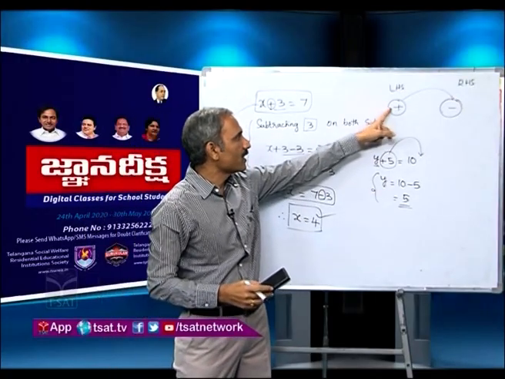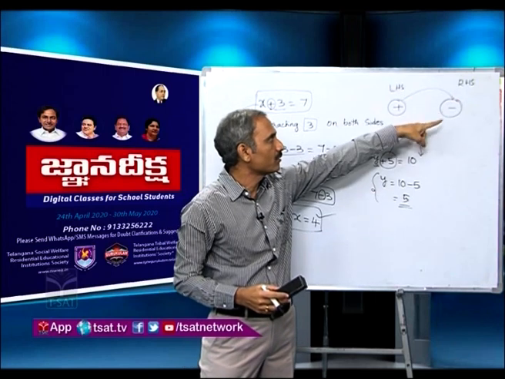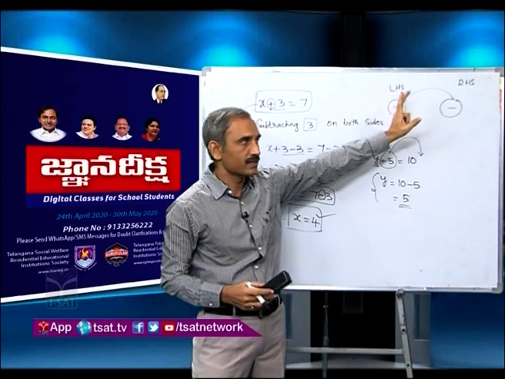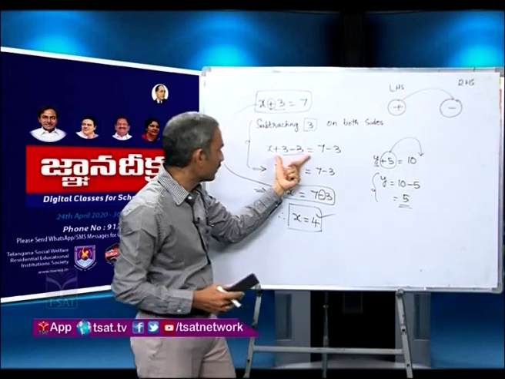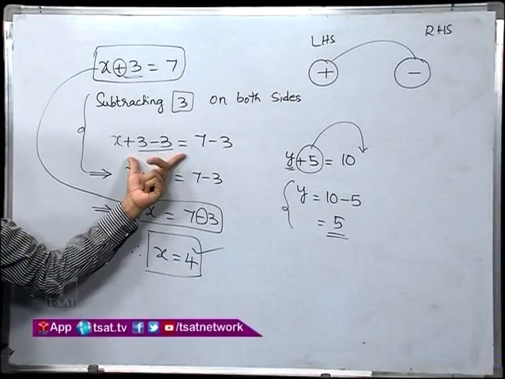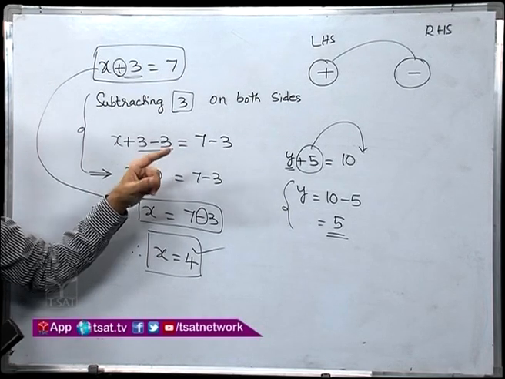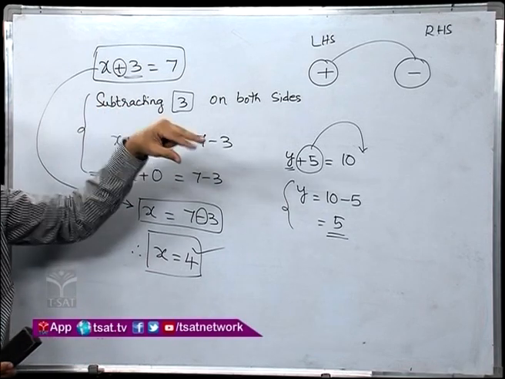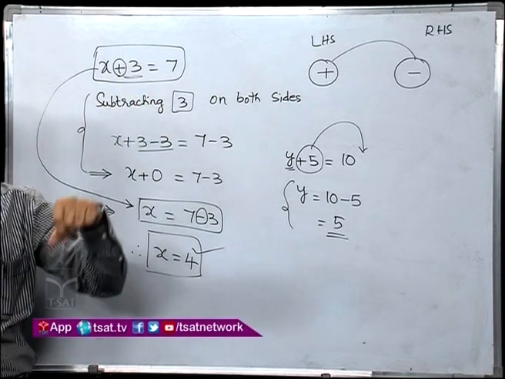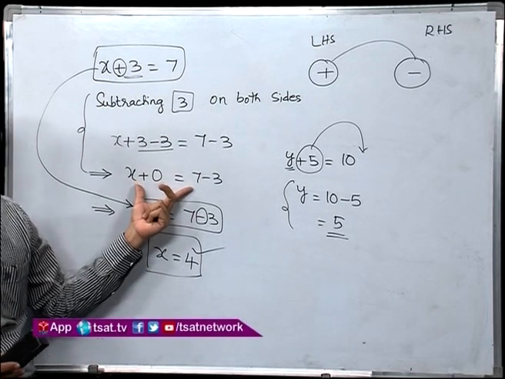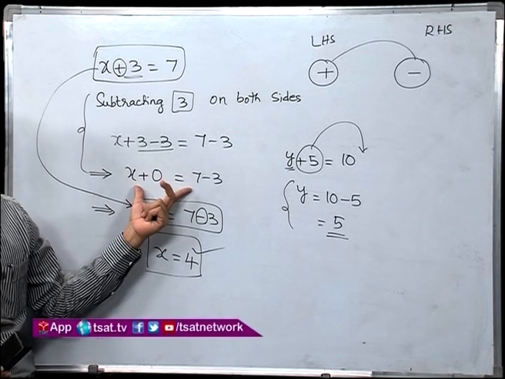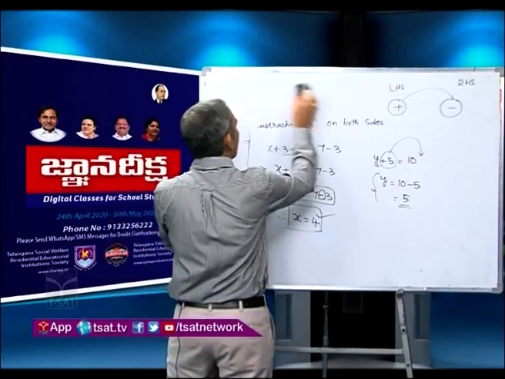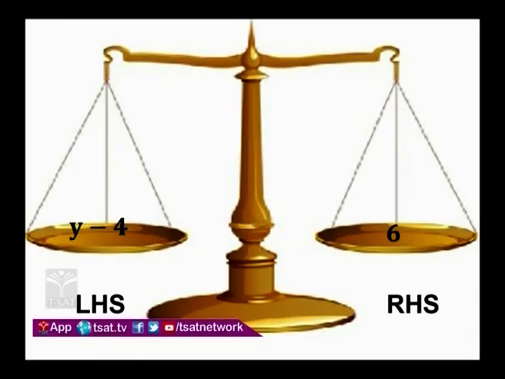That means when a positive quantity is transposed to RHS, then it will become minus. How you are getting minus? By looking at this example. Okay. Some students will not be able to tell why this plus quantity will become minus when it is transposed to RHS, because by applying this concept. Okay. Now, is it clear? Now, let us go to another problem. Let us see the slide.